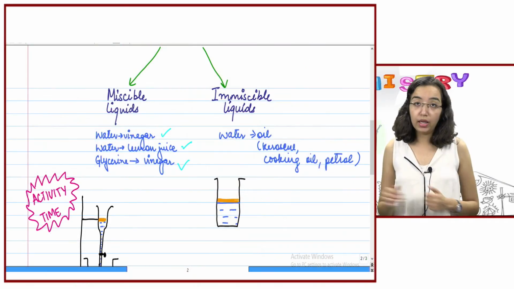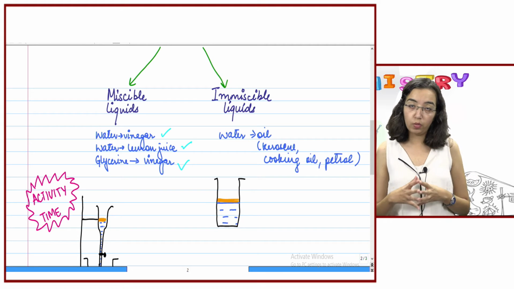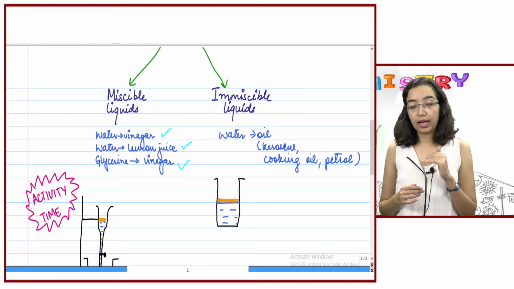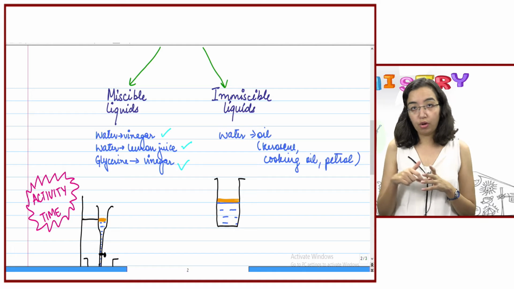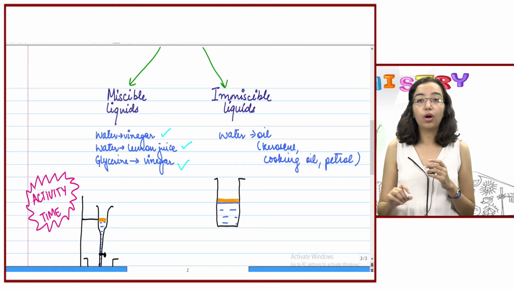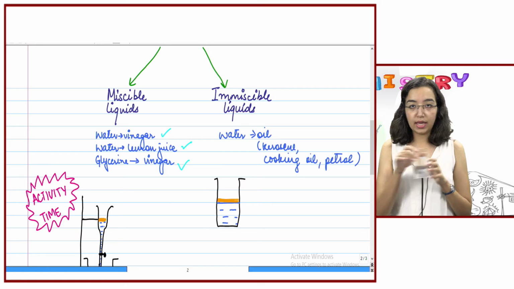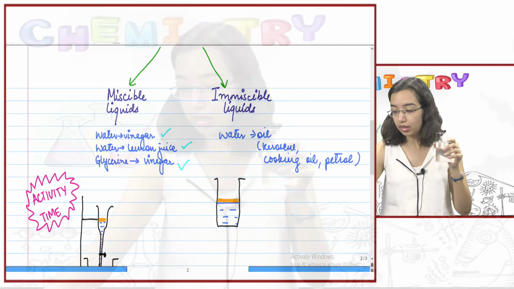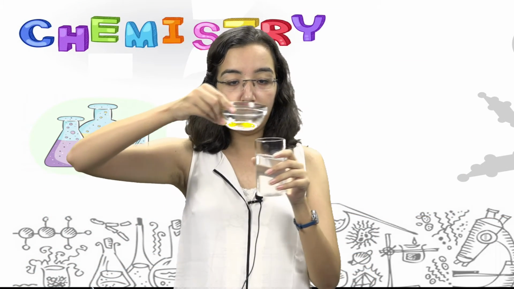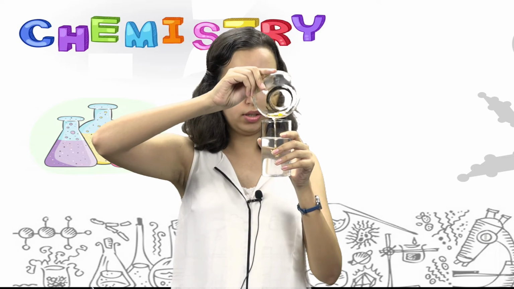Now let's talk about immiscible liquids. An immiscible liquid is one in which another liquid does not dissolve, but rather settles either at the top or at the bottom. For example, I have some water here and this is some oil. If I add the oil to the water,